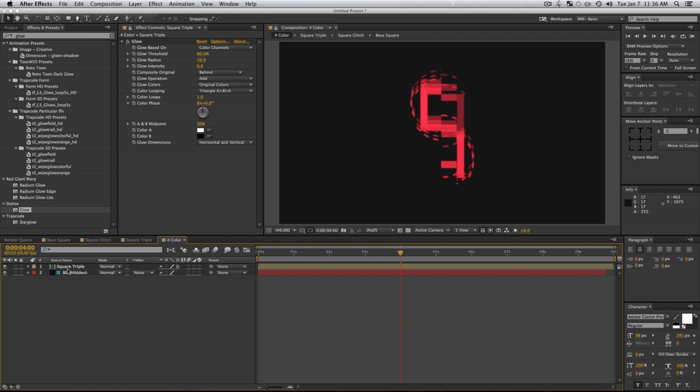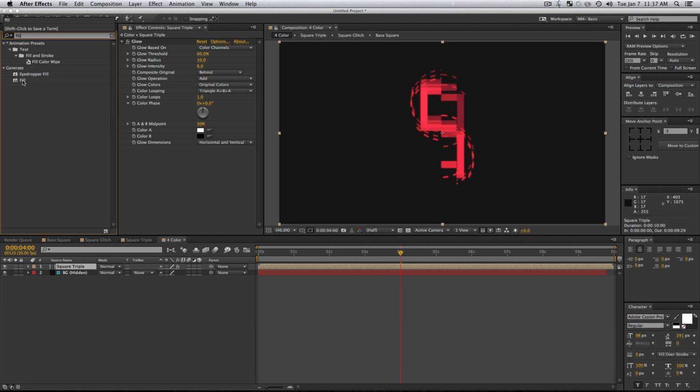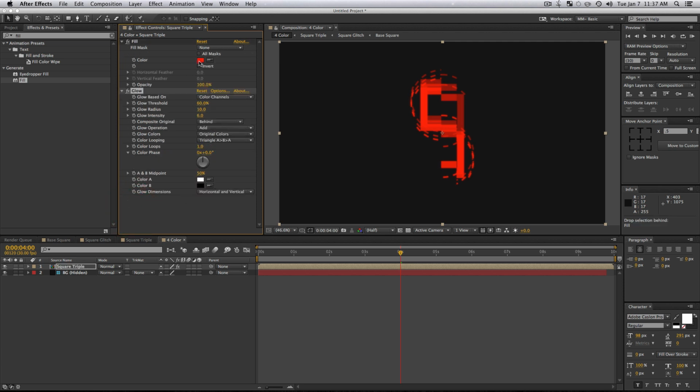Also, what we're going to do is grab a fill. So just press fill and drag this above your glow if you can, or drag your glow under your fill. Might work better. Nice. And I'm going to actually pick the brightest red possible. So it actually already had that selected for me. I'm going to see if these settings are worth changing. So I would turn your glow radius up to 30. I would keep your glow intensity about 6 if you want, and your glow threshold around over 70 would look good.